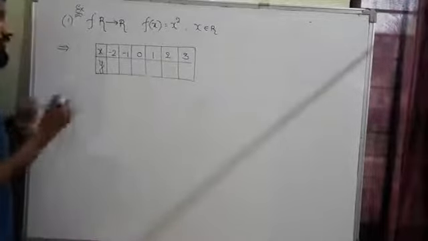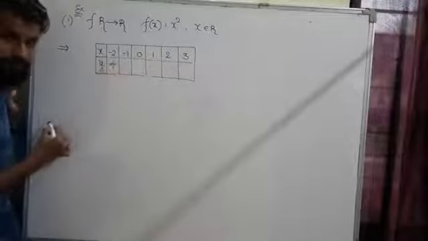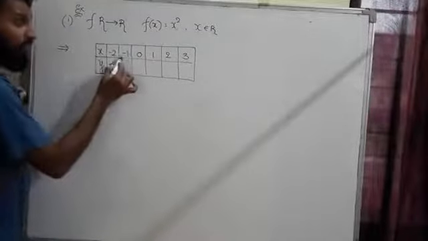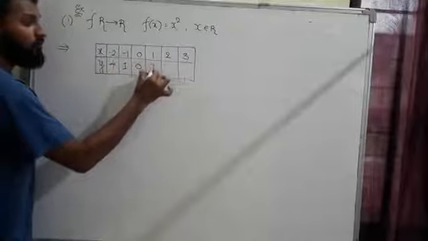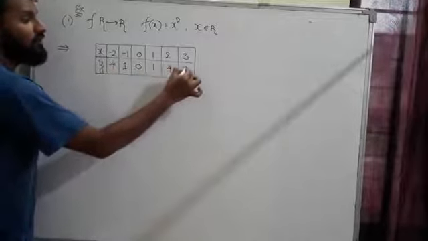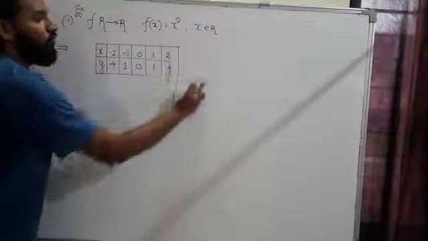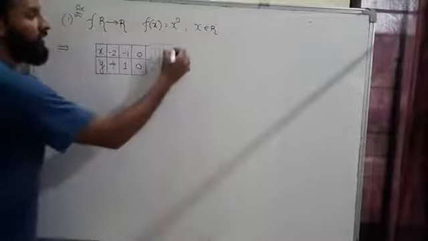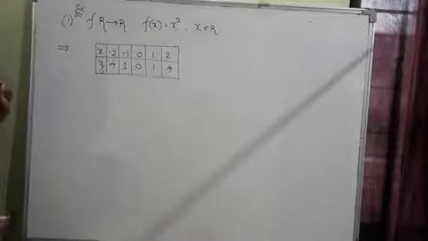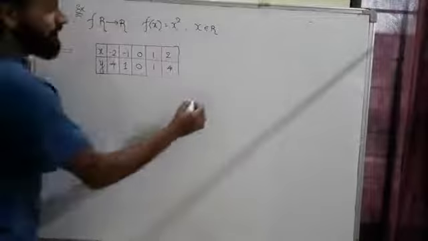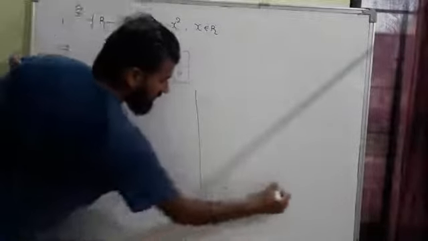Okay, so if I take x as -2, -2 squared will be 4. Yes or no? And if I take x as -1, the answer will be 1. This is 0, this is 1, this is 4, and this will be 9. So for time being, let me remove this one. I don't want this. I hope you got why I removed it, because plotting will be difficult for me. I'll take only these 5 elements. Okay, so let me draw the graph here.